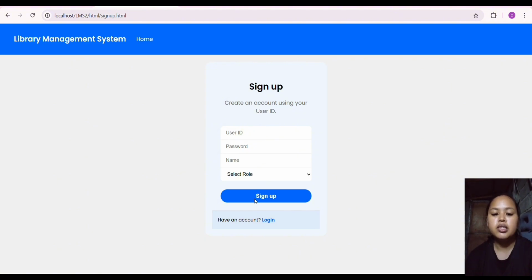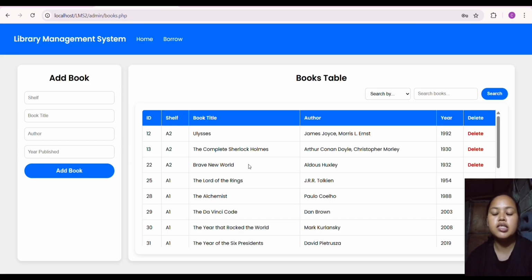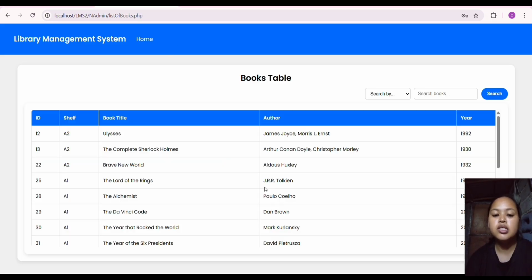In the role part, the admin can see or access all the functionality of the system, from viewing the list of books, adding books, to adding a record of who borrow a book from the library. While the non-admin users, which are the students and instructors, can only access a certain part of the system, which is the list of all books, searching of a specific book,